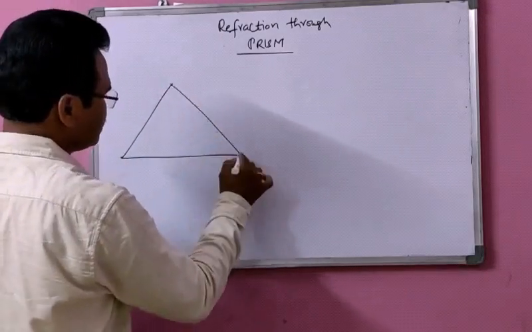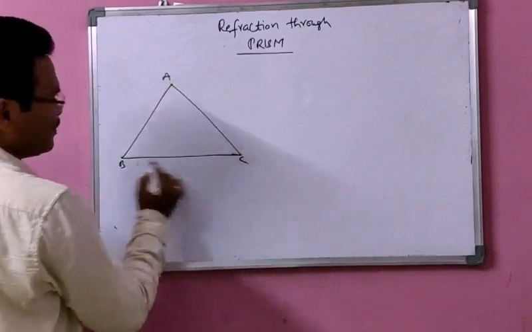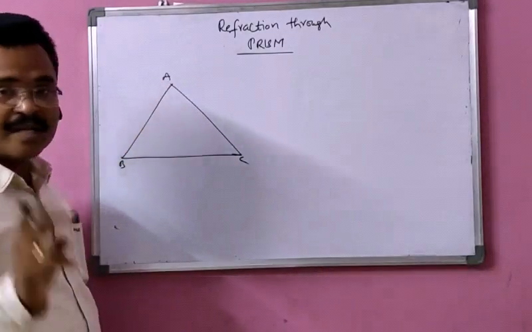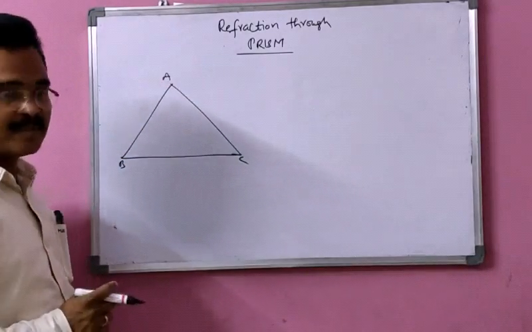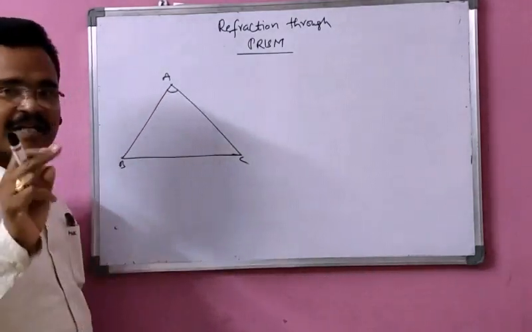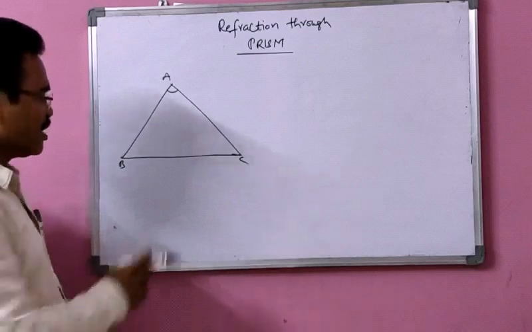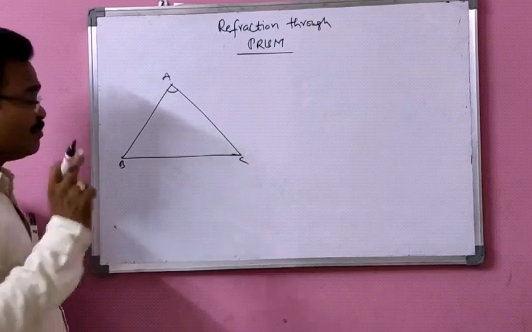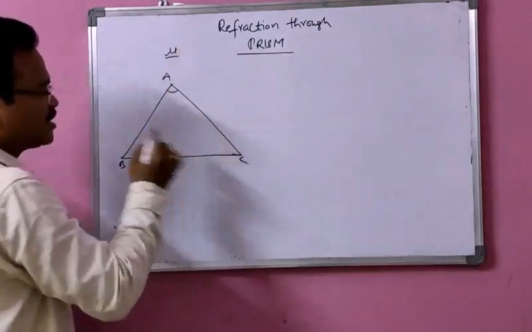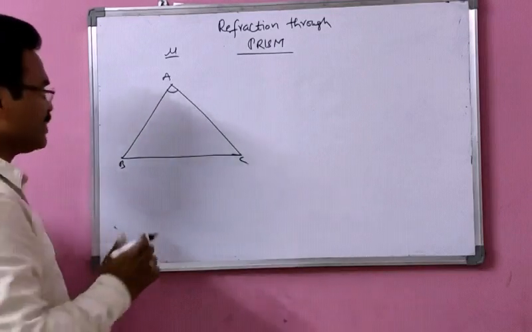So this is the principal section of the prism, ABC. Here BC is the base of the prism. AB and AC are the refracting surfaces of the prism. And the angle between these two is called the angle of the prism A, or refracting angle, or apex angle. Now BC is the base of the prism. Let us consider mu is the refractive index of the material of the prism,